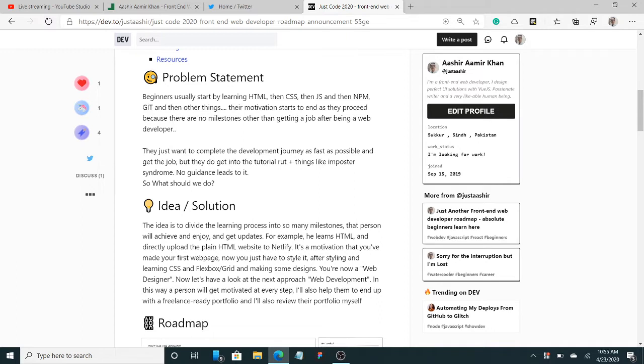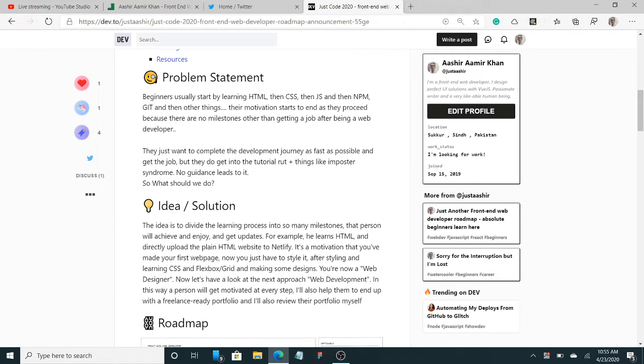So basically, if the person learns HTML, we motivate them to upload their website to Netlify right after they make their first web page with just HTML. It will motivate them that they made their first website.